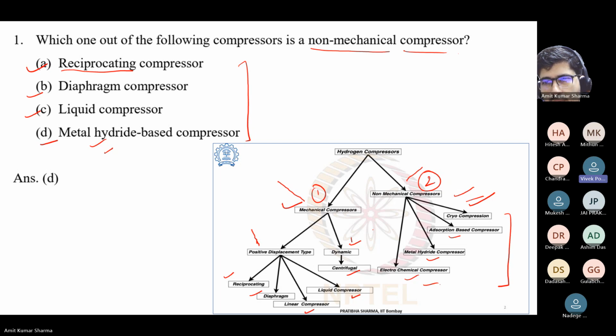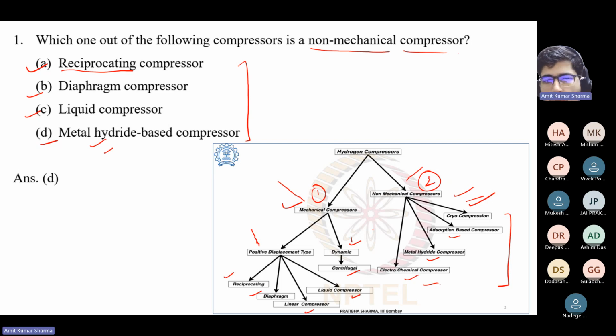I think compression in one direction is the key. In reciprocating or even diaphragm, you are using positive displacement. You are pushing, having a volume, and